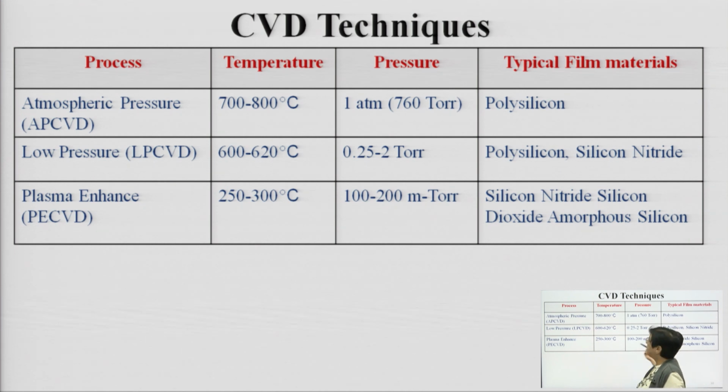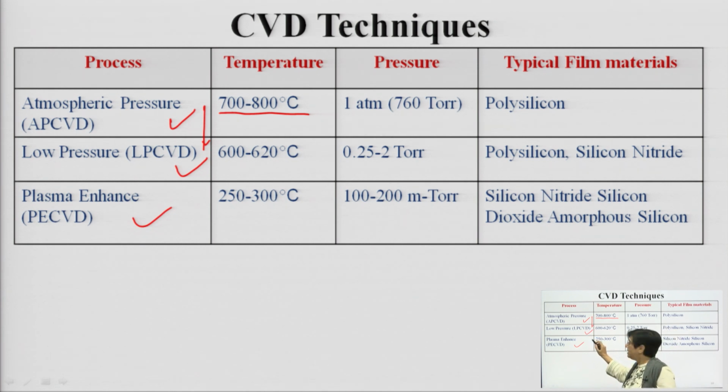So, here are the techniques we have seen, that is chemical vapor deposition techniques, wherein you are using atmospheric pressure, low pressure and plasma enhanced. Now, please understand, as the pressure is reduced, your temperature is also reduced. The atmospheric pressure process needs approximately 700 to 800 degrees centigrade, whereas LPCVD can be performed at less than around 500 degrees centigrade. Similarly, plasma enhanced will have a further reduced temperature. So, here you have the advantage of temperature.